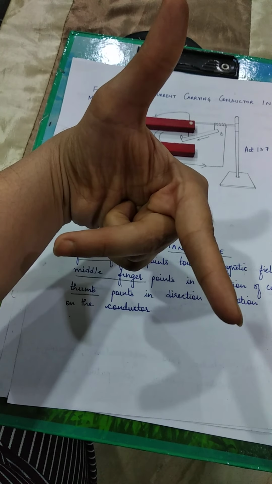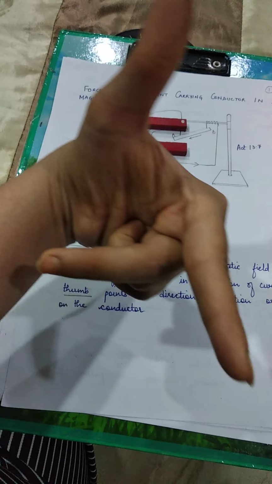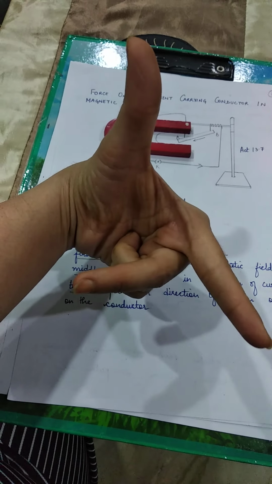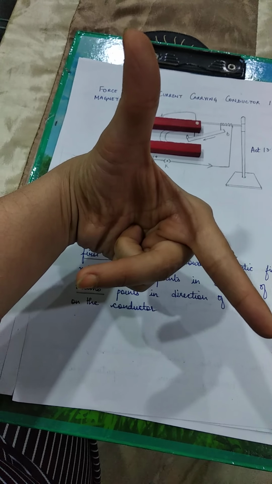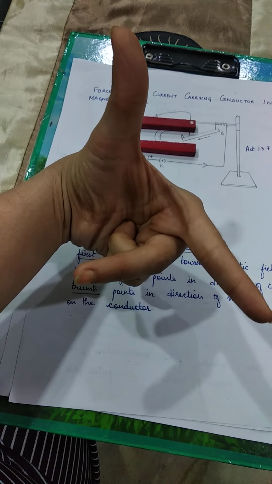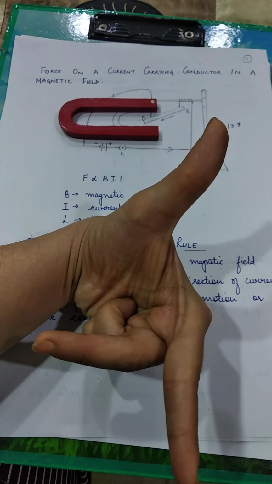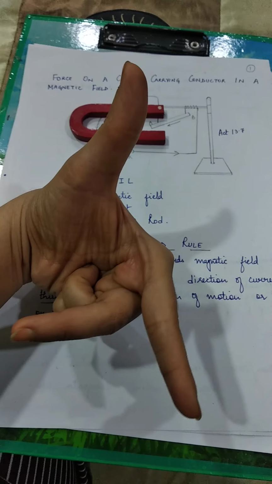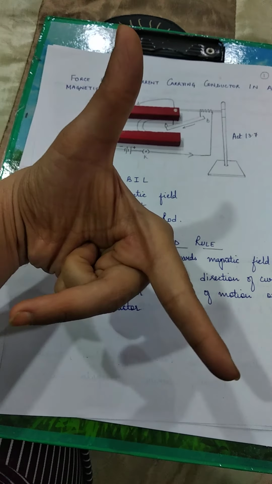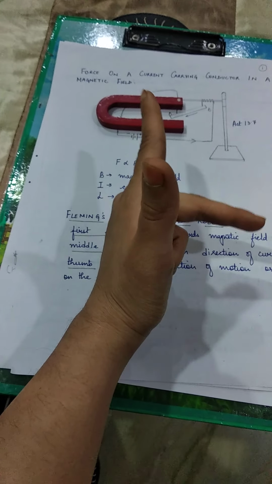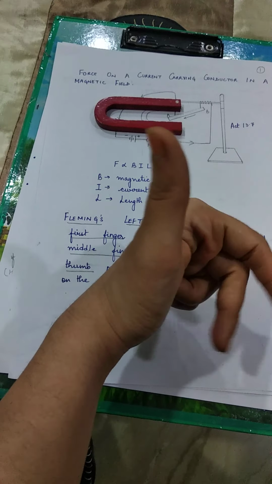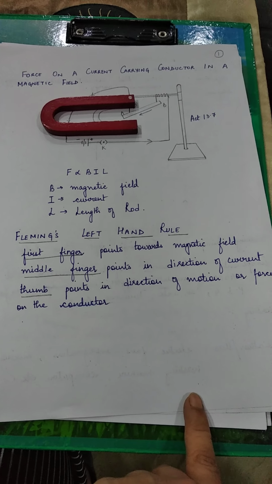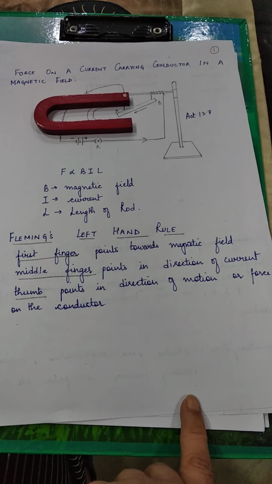Let's say the direction of current is this way. This finger is giving the direction of current. The direction of your thumb gives the direction of the force that is being acted upon, so the force here is acting in this direction, moving the rod in the upward direction. What if I change the direction of the magnetic field? Then you will see that the direction of force will change as well. So we can interpret this with the help of Fleming's left hand rule. I hope it's clear to you, students.